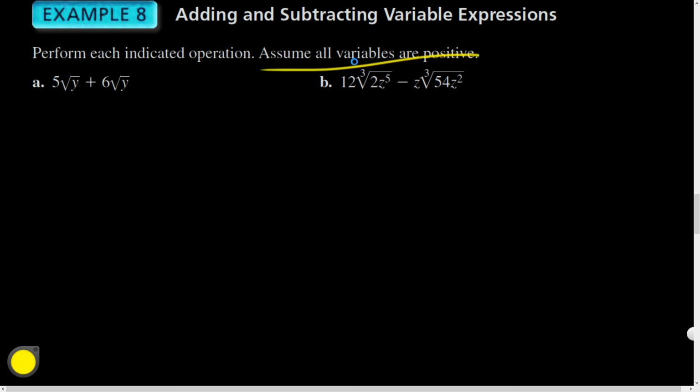Yep, once again, let's just pretend variables are positive. And hey, this is combining like radicals. 5 and 6 is 11 square roots of y. That one's easy. Now over here, well,